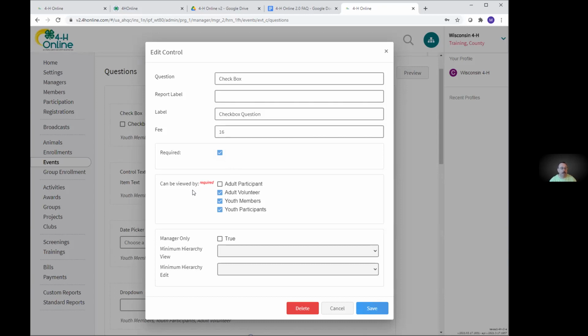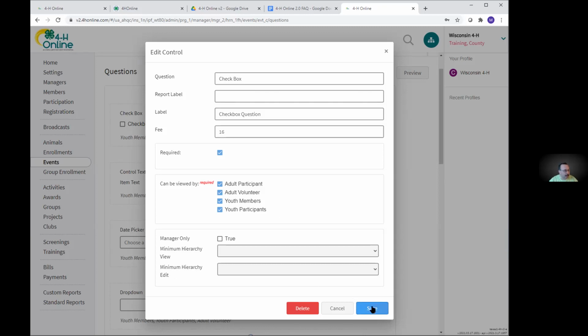Just like your campers, you might ask them different questions than what you're asking your camp counselors. Because your camp counselors, you might want to know how many times have you attended camp? Have you ever been a counselor before? Whereas it wouldn't make sense to ask those questions perhaps to the campers themselves. So you would have your campers and your counselors, you can ask different questions. And so you just check the box as to who you want to be able to see the question.